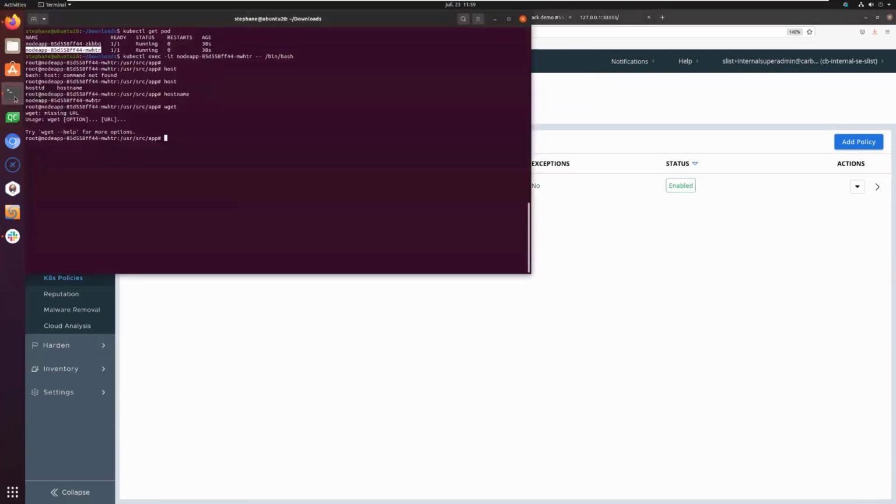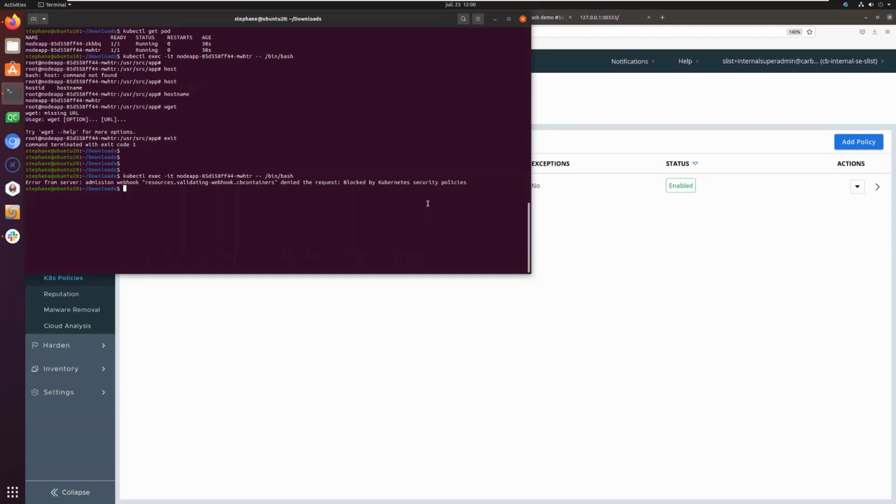And if I go back here to my console and I try to execute it again, okay, I see it has been denied. It has been blocked by the Kubernetes security policy. So it means really with Carbon Black, we can scan the vulnerabilities. We can block a YAML deployment file that is not correct, but we can also control what you can execute, and you can really protect everything around your container.